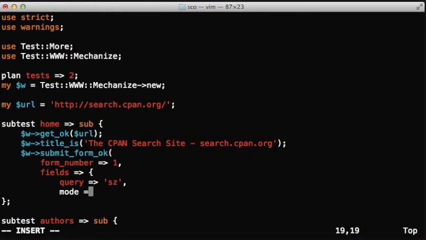And the mode, which is actually a drop-down selection box, selector. So we select there the author. So we are looking for the SZ among the authors. And that's how we identify the form, that's how we submit it, and then